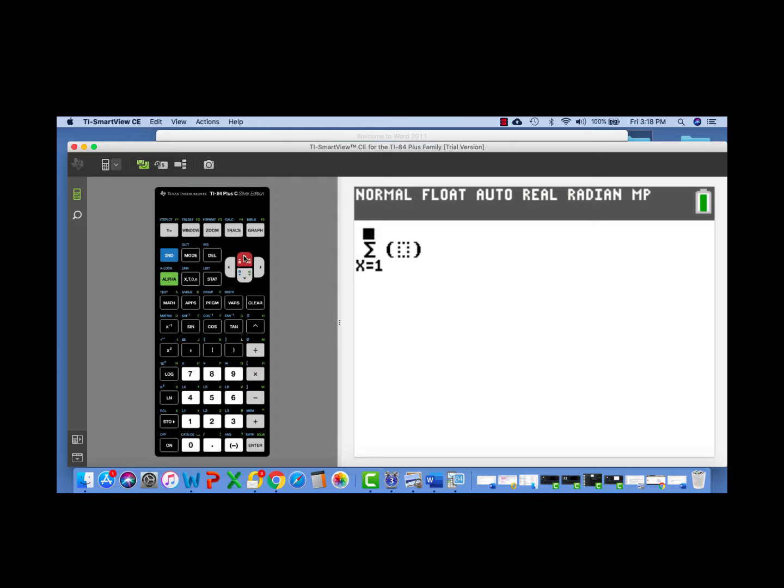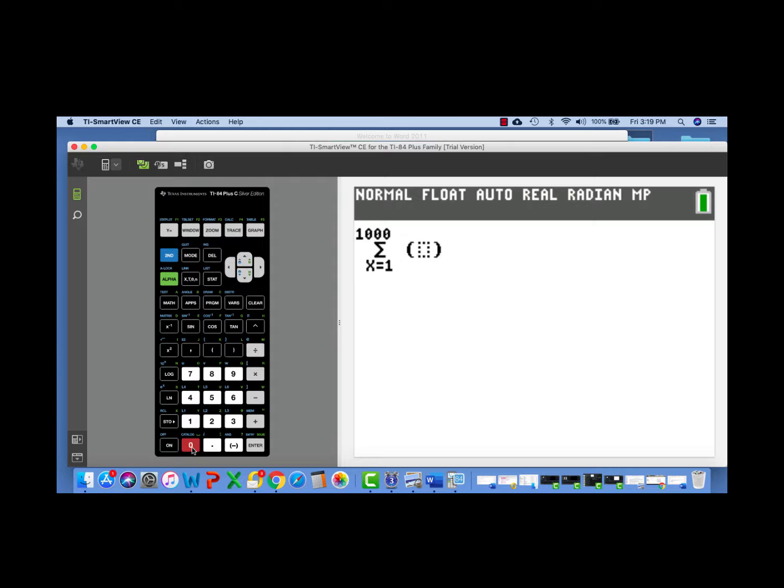But here's the thing, I can't put infinity in for my ending point. The calculator does not understand infinity. There is no infinity button for the calculator. So we're just going to put in a really large number. The number that I like to use is 1,000. That usually works for me,